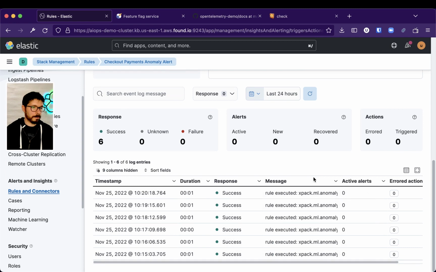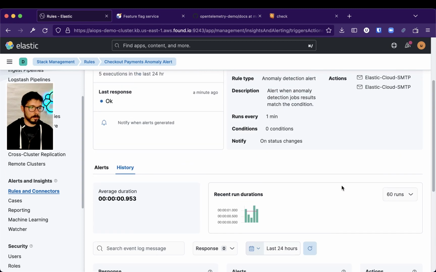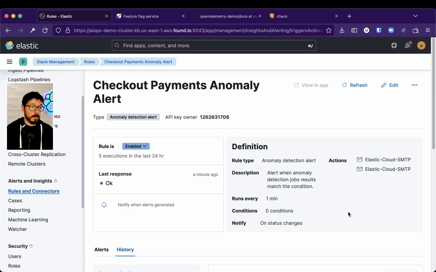No alerts still. And we have the duration as well. What I'm gonna do, I'm gonna take down the checkout payments in order to force that service to process less